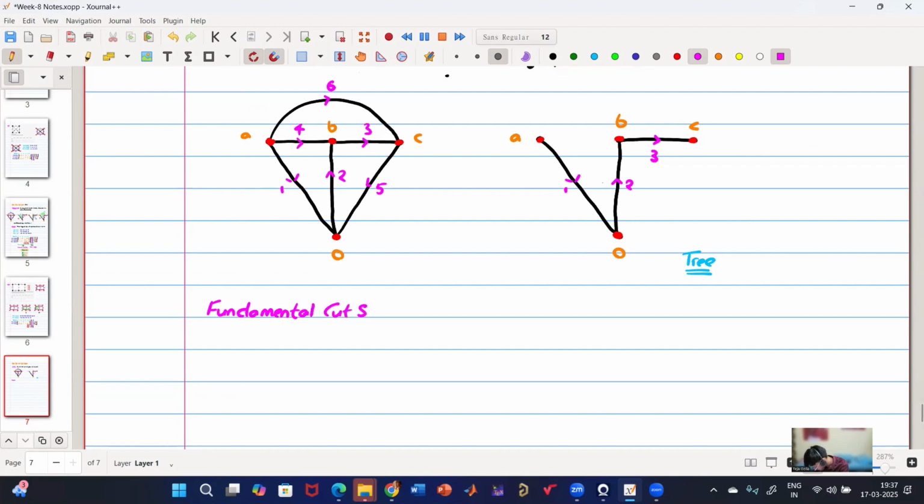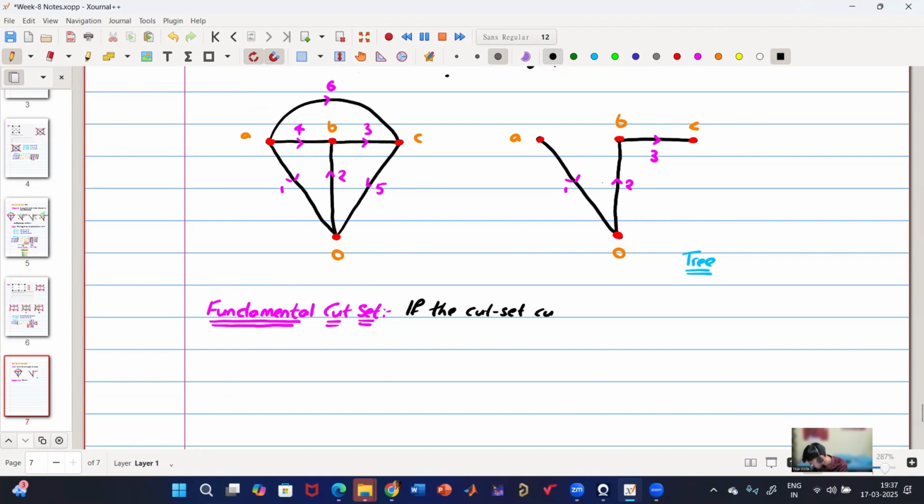Fundamental cut set. So if the cut set cuts only one twig, then it is called fundamental cut set. So if the cut set,